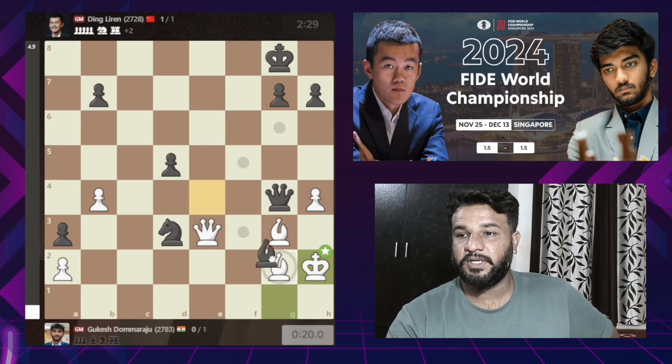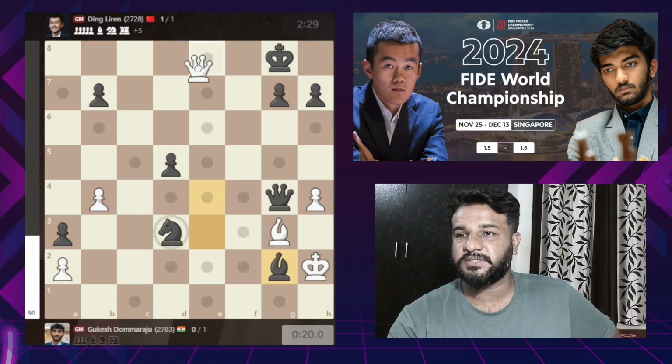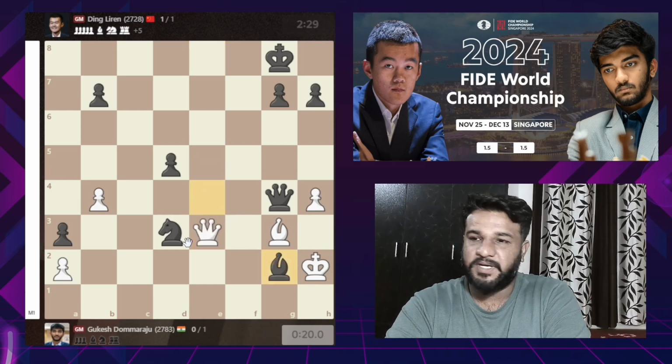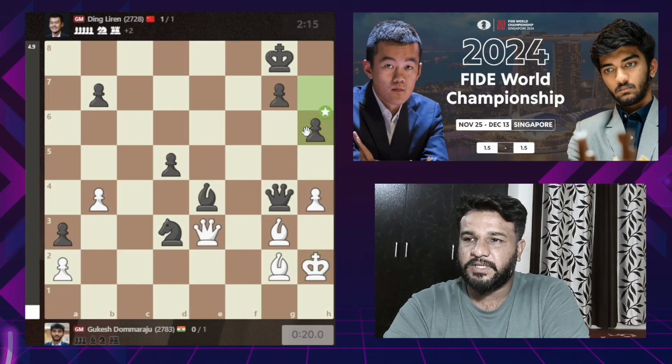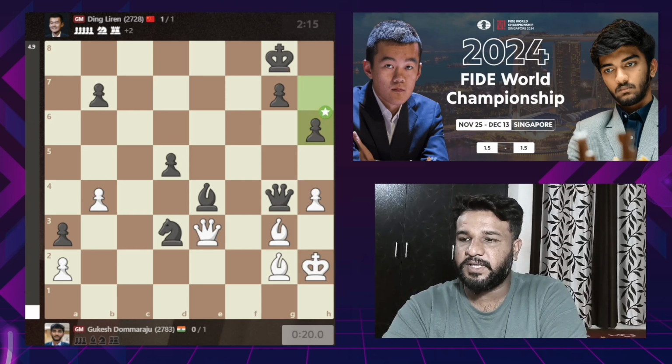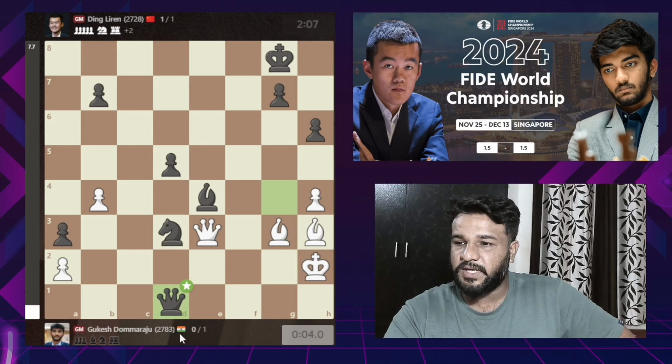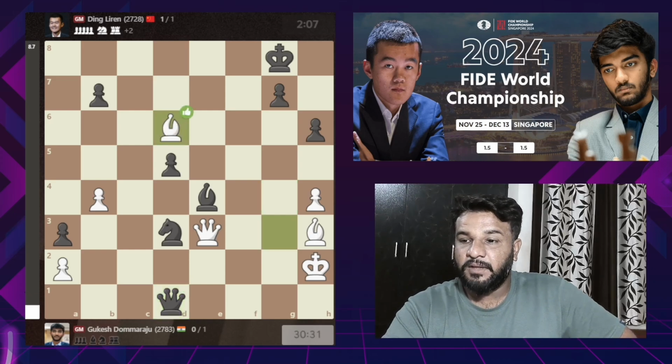So here you can't exchange the bishop, this is a mating one, offering this bishop for the checkmate. h6 was played, making this loop for the king. Bishop h3 attacking the queen. Queen d1, just moving the queen out of danger. Bishop d6